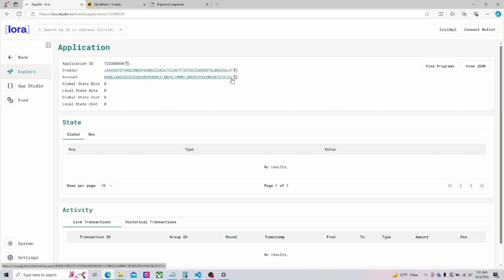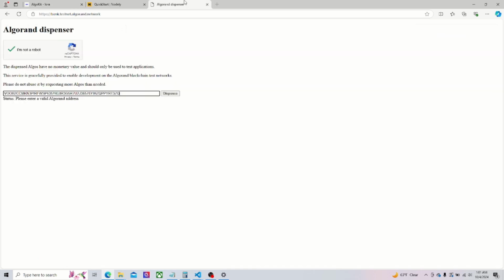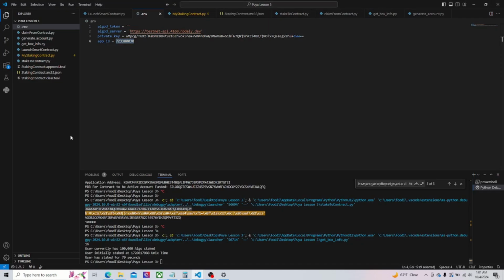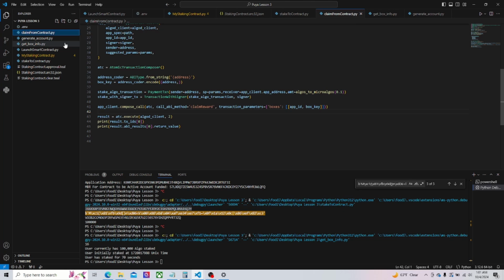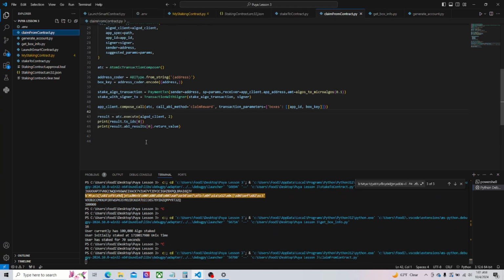Okay. You can paste your app ID into LoRa, and it'll give you the creator and the account address, which we need here. Dispenser. There you go. And now we have staked for like 90 seconds now. So we're going to try claiming